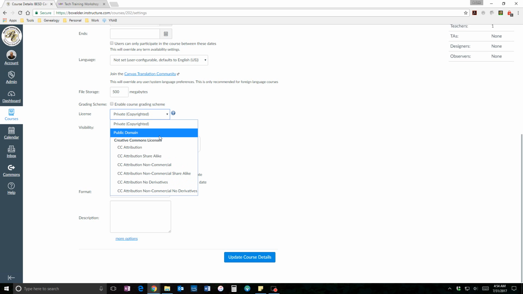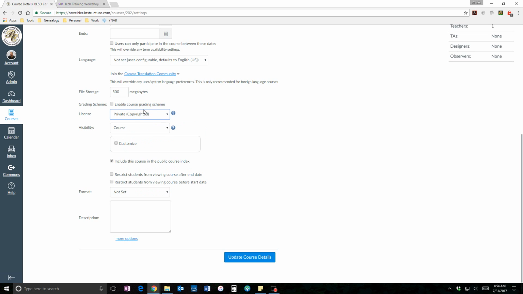License just means, can other people copy it? Is it allowed? Creative Commons attribution means they can copy it as long as they say you did it. Mostly we want to leave these private unless you have a reason for changing it. And we want the course to be available. You could choose whether people could see it just in the course, in your institution, so that you select it up above